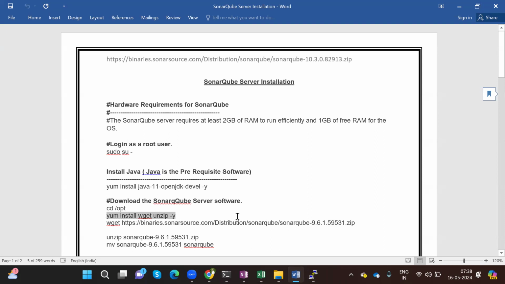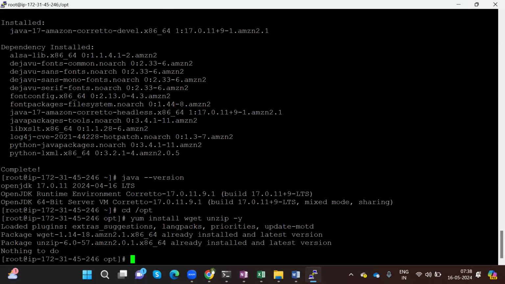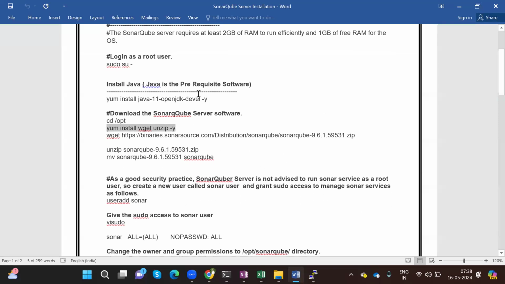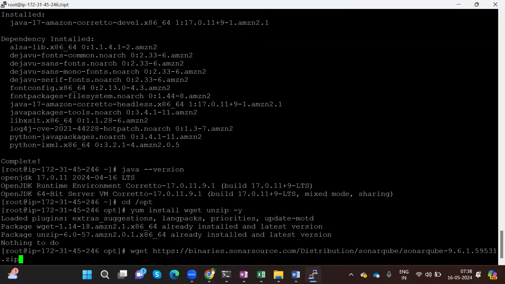I mean to say we have to install the wget and unzip commands, because whenever you want to download any packages from Google, we require something called wget to be installed. Some software, if you go with Linux, comes by default. But when you go with the Red Hat server, you don't find these packages, the wget and unzip commands. You have to download them manually here. So I'm trying to download this SonarQube server right now. It is a zip package. So even if you want to download it,